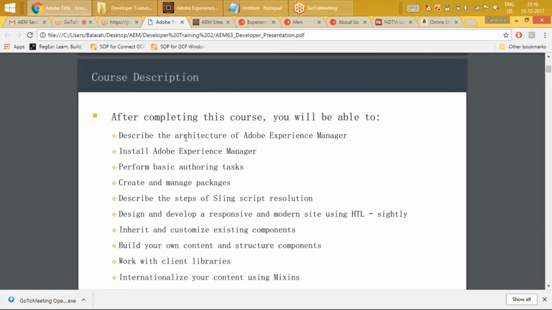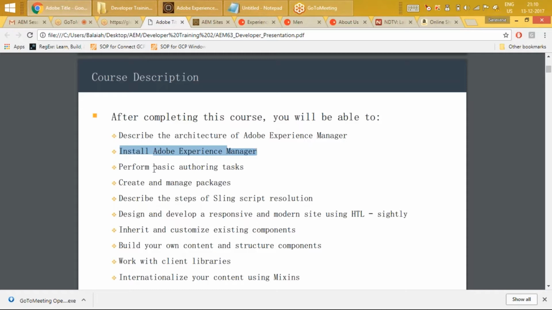So we learn about the different architecture, what is the different technology stack that Adobe Experience Manager is made of. We will learn how to install AEM. Pretty much it's a double click and start off the software. But as a developer, it's very critical to learn all the gimmicks and the small tips that we do as a developer, right? Like in case in production or in the environment the AEM server is down, what should I do when some mishap happens? That sort of small tips and tricks I'm supposed to be aware of.